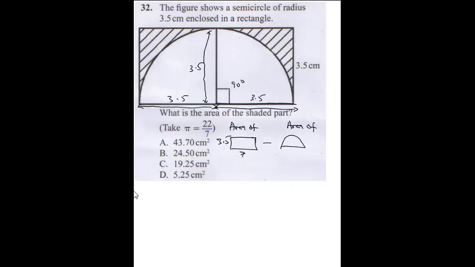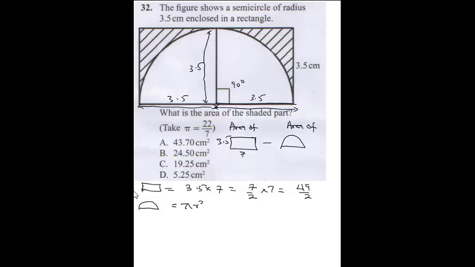So the area of the rectangle is going to be 3.5 times 7. 3.5 is going to give us 7 over 2 times 7, which will be 49 over 2. Now for our semicircle, it's going to be